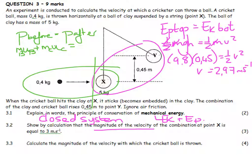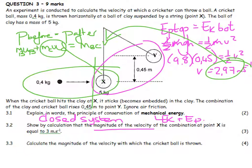Separate objects combine to have a mass, ball and clay, times some or other velocity over there. I know that velocity, I've just worked it out. I have the fact that this whole system at the beginning is stationary, so I don't even have to consider it, and I simply substitute in